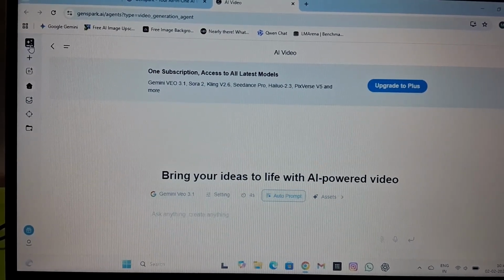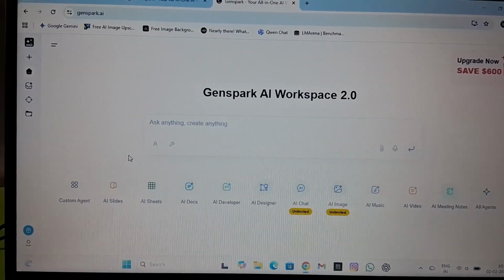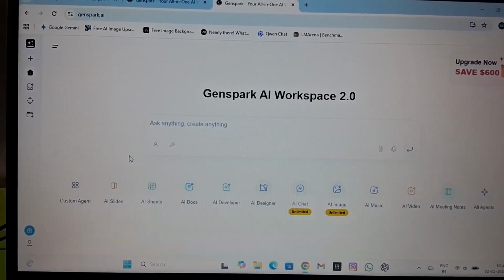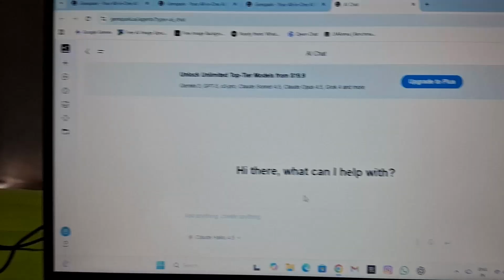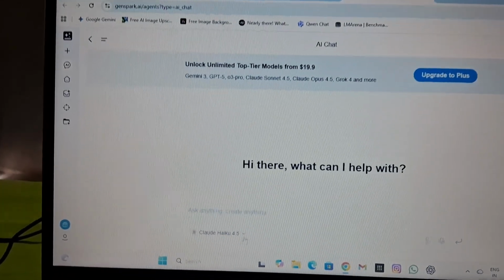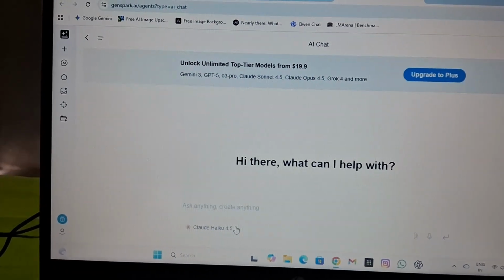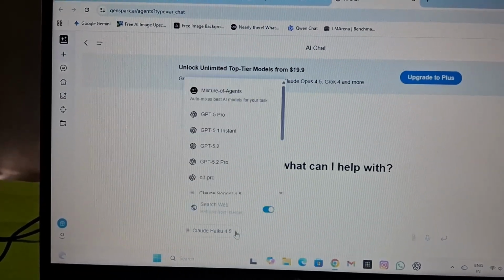And if I want to search something, let me show you which AI tools you can use. Now let's say I want to search something and I want to use Gemini Pro and ChatGPT.